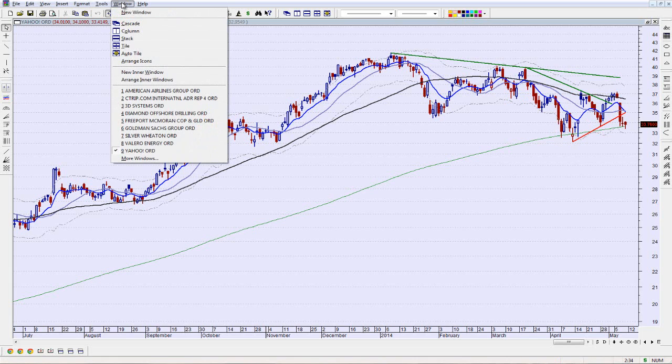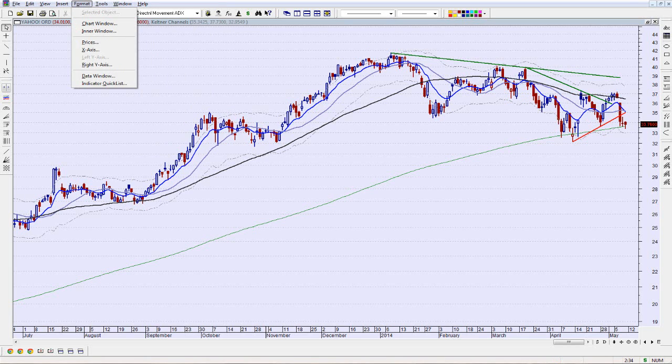Okay, that's it on the trades. Those are the trades we're in. The ones we're currently in are Diamond Offshore, Silver Wheaton, American Airlines, and Valero. So we're in 4, and now we're looking at